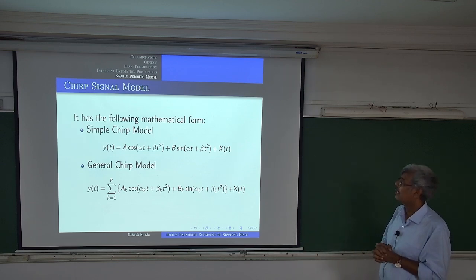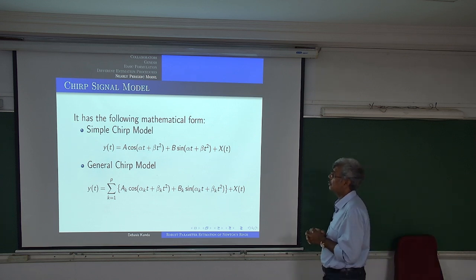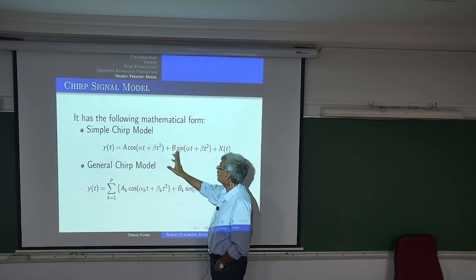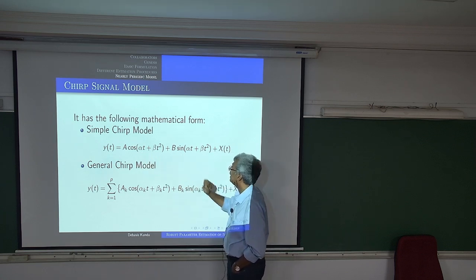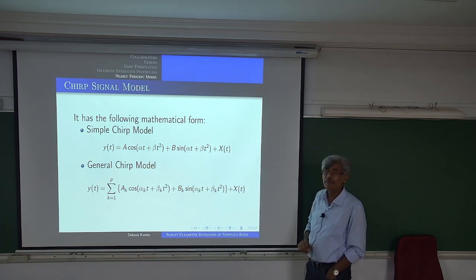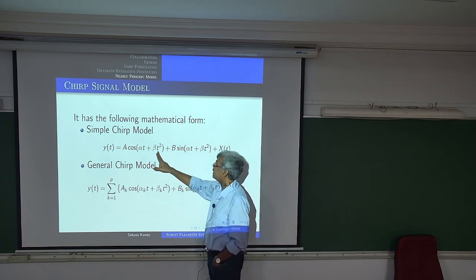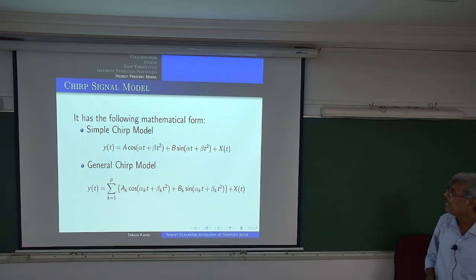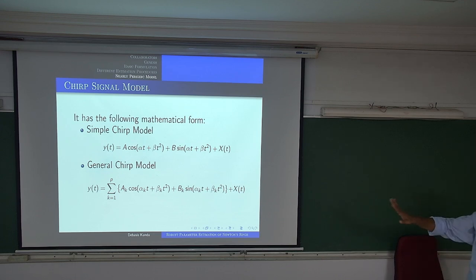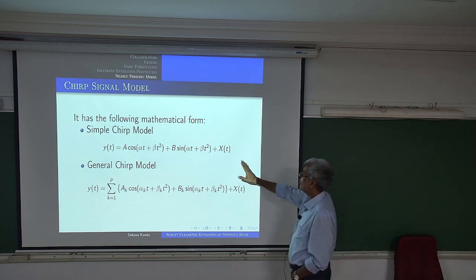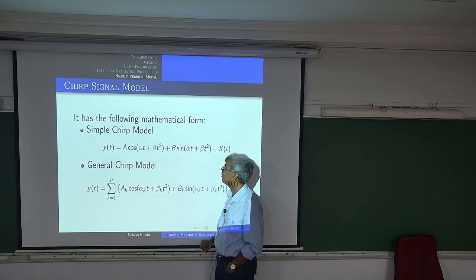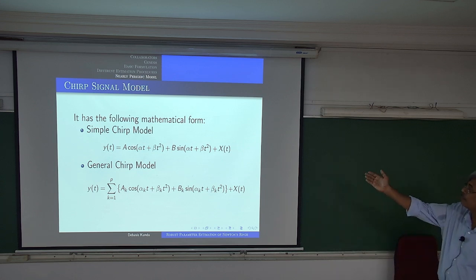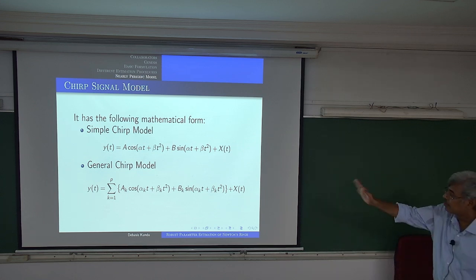This is one of the things which are being used now, what is called the chirp model. We call this a nearly periodic one. Instead of the frequency model A cosine alpha t and B sine alpha t, there is what we call a frequency rate. This is called the chirp model, which is becoming very, very popular. That is the general chirp model, so your function is only changing with respect to your frequency rate. Everything else remains the same. Same problem, you have to estimate all those parameters, A, B, alpha, beta.